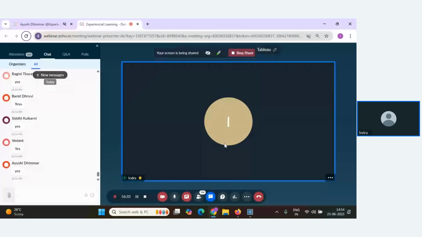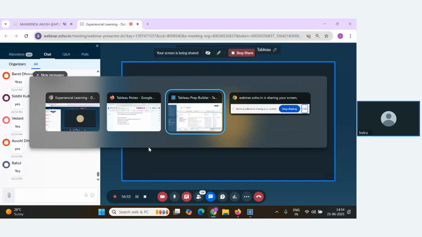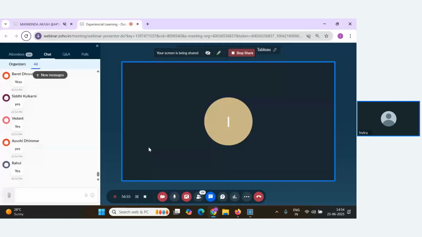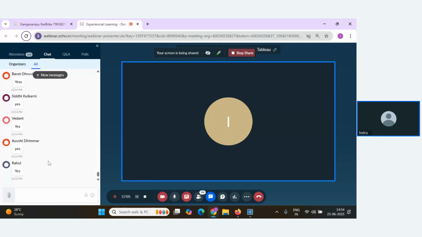So what we have to do now is go to the notes, go to split values and select automatic split. It will automatically get split based on the hyphens. All right.